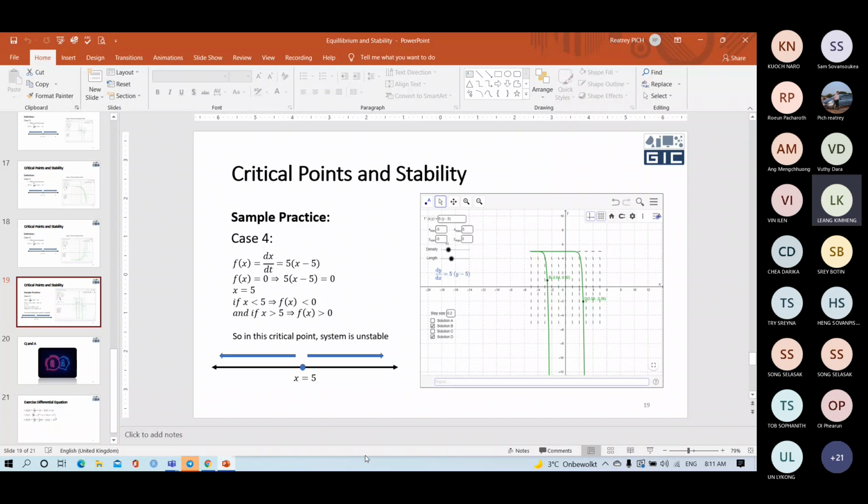For my question, why we need to, like, we have n x, dx over dt equal to 5 multiply x minus 5. So why we need to